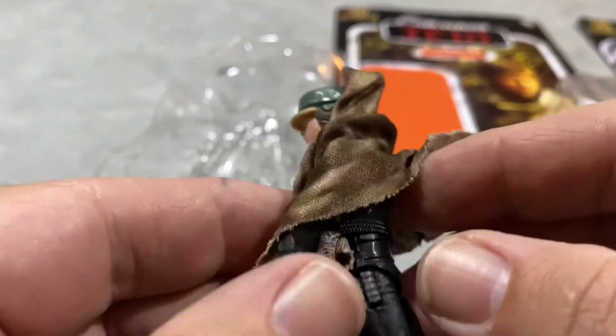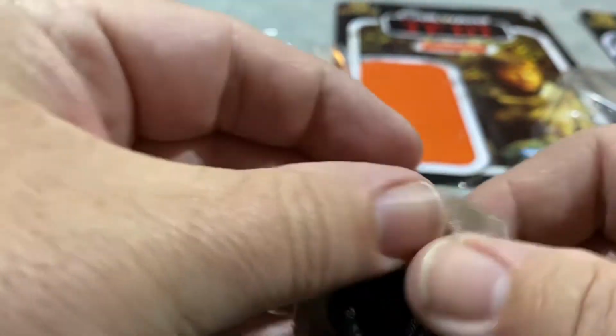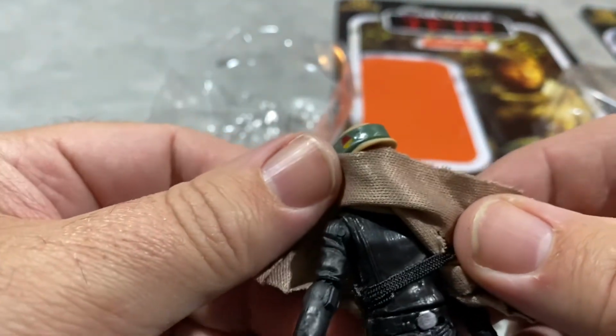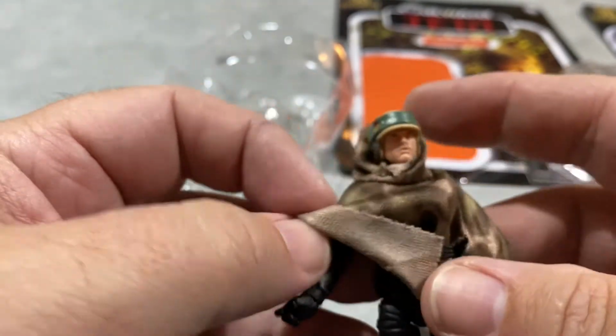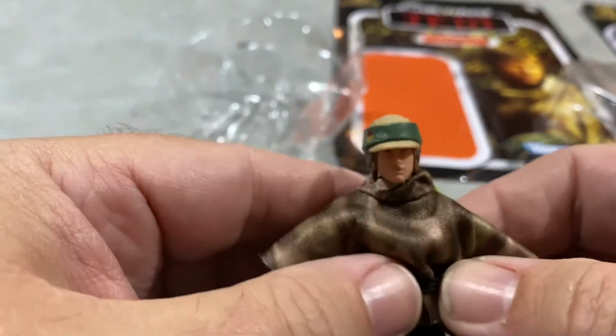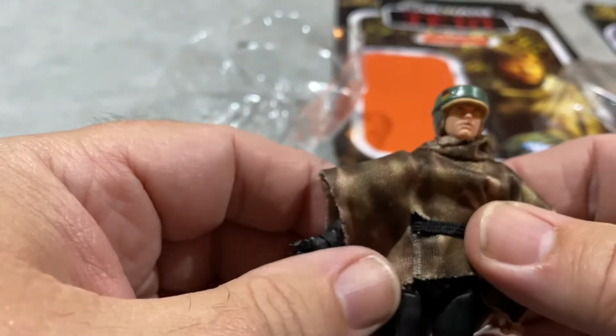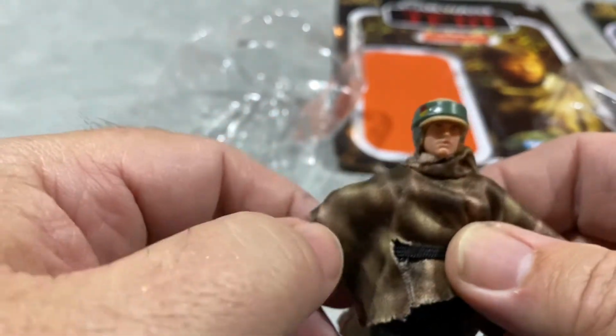He does have a black belt to connect it. And if we look at the figure underneath, there are no robes. It's kind of the Death Star Luke. It's probably the Death Star Luke mold that we're getting here. And there's been some debate as to whether he should have robes or not. And a lot of people say no, and yet you think to